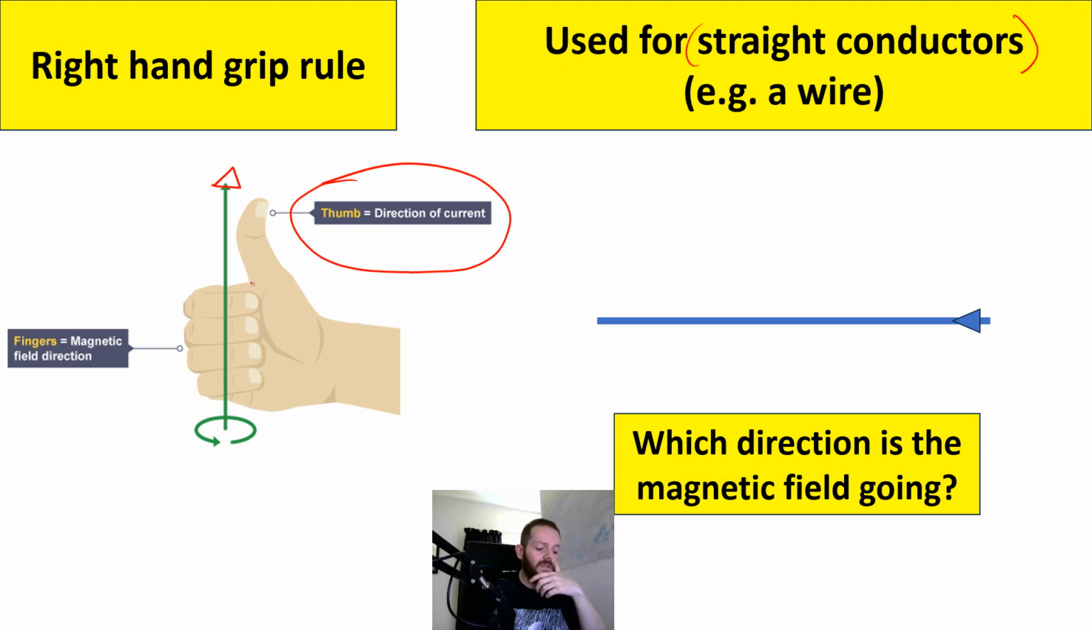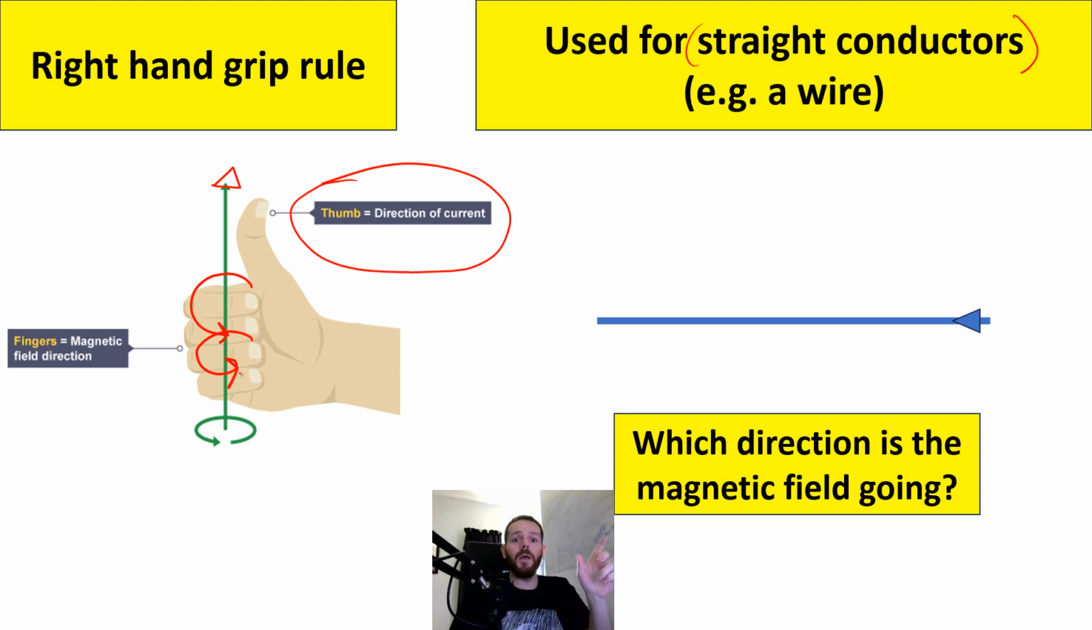So you can see that this person's fingers are curling round like this. And because of that, the magnetic field is going round like that. Not because of that, sorry, it's not the fingers that are doing it, but the magnetic field is going round in the same direction that the fingers are. Okay, so we can use the right hand grip rule to determine the direction of magnetic field around a